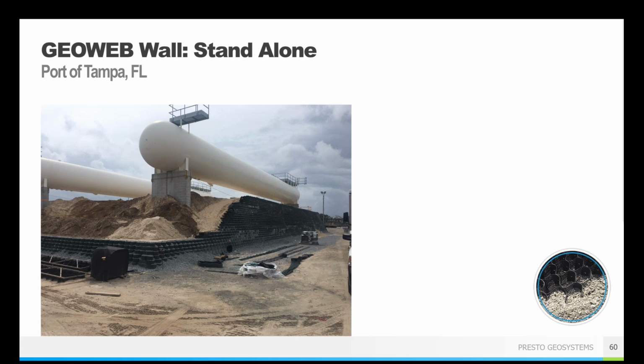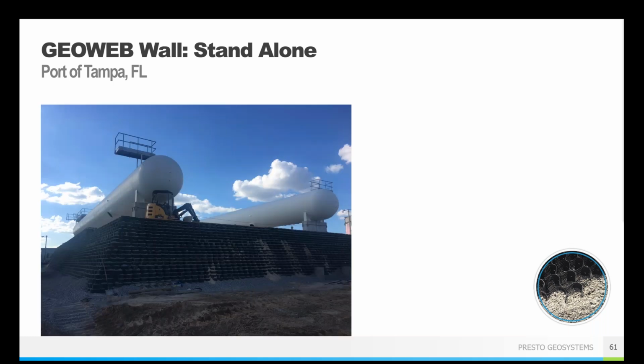And again, this is where it'd be great to have one of our representatives on site for that installation support and assistance. Just make sure everybody is comfortable with how this is going in place. And then this is what that looks like. So definitely a unique application. It's not what people would normally think of when you think of retaining wall, but it's a great way to support these types of large infrastructure applications and get the type of working platform that you need.